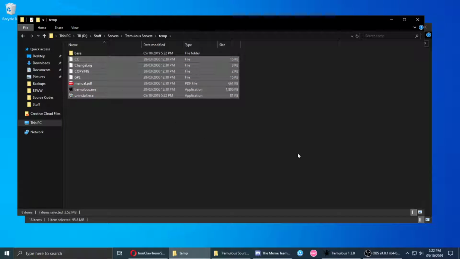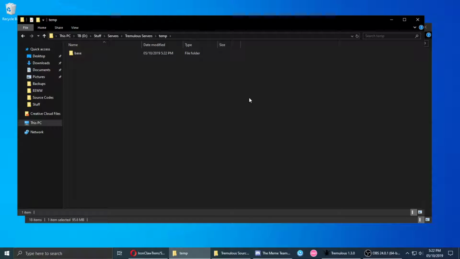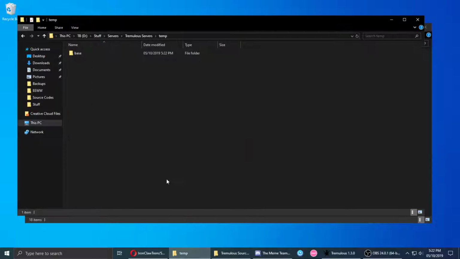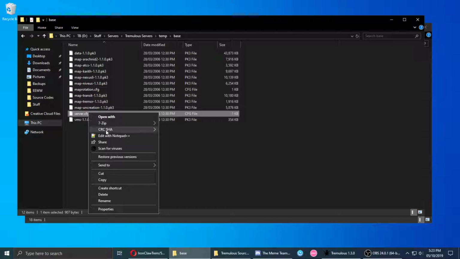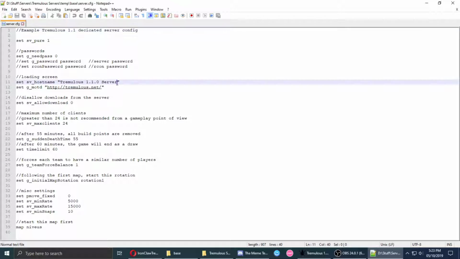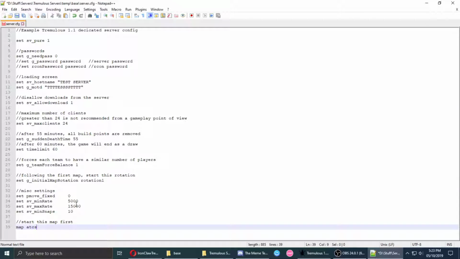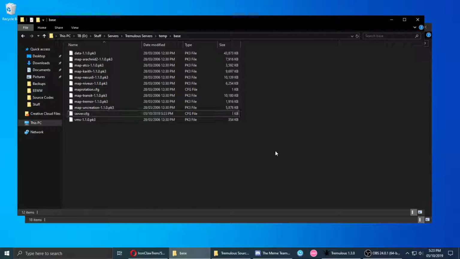And delete all of that. And now you want to open this, and in here you can change the name. So I'm going to call this test server, and the message of the day. I'm just going to put that, and I'm going to allow downloads as well. Change the map to ATCS, and then